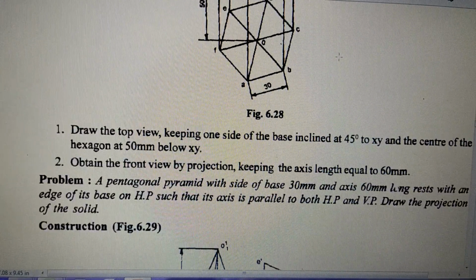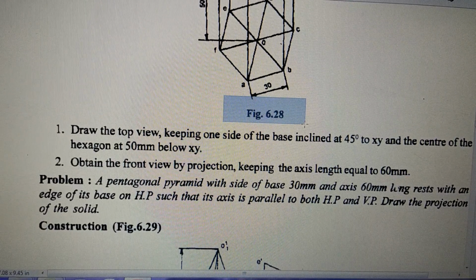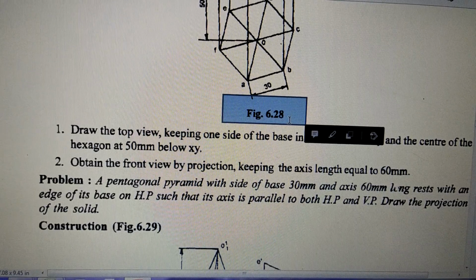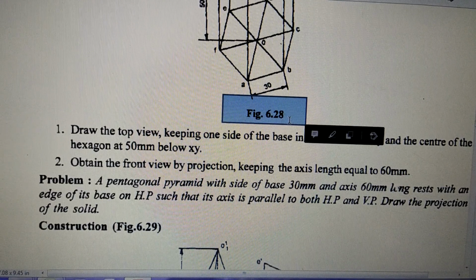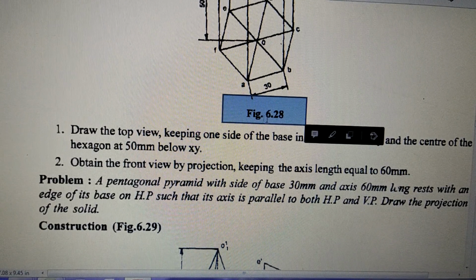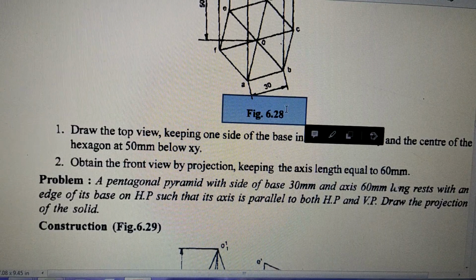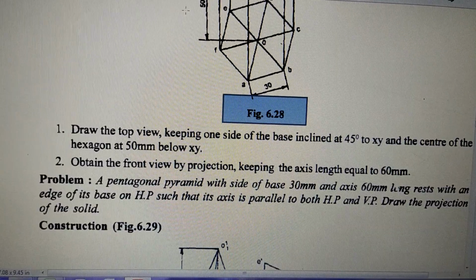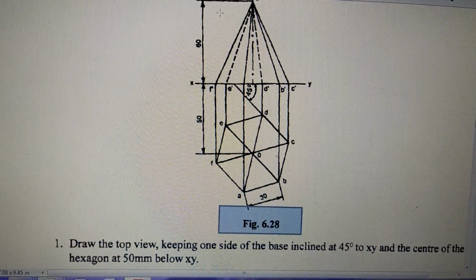Okay, so only this much you have to draw, 6.20. I'll give you all the figure numbers which you have to draw. After the lecture part is over, you will be given information about which figures you are going to draw, where you have to just copy the figures the way they are drawn. Only thing is the line work. In this book, the line work that is shown here is not correct.